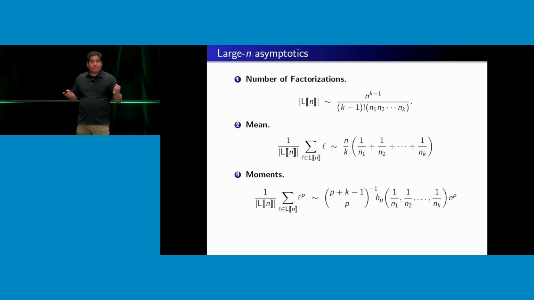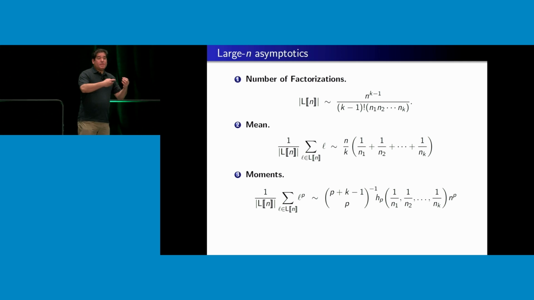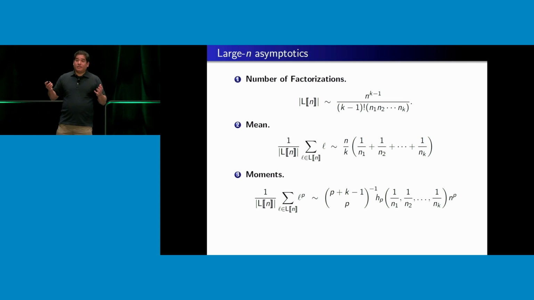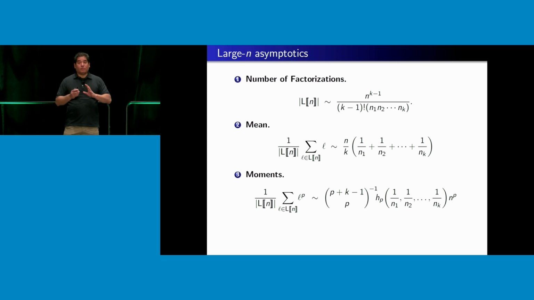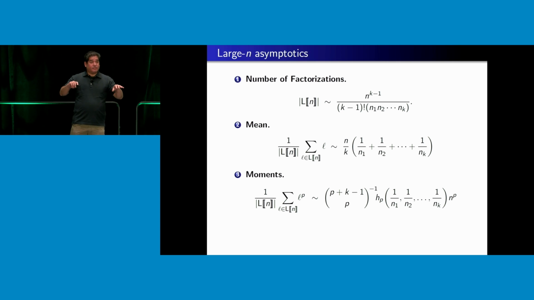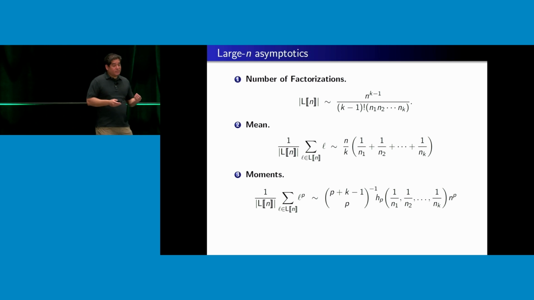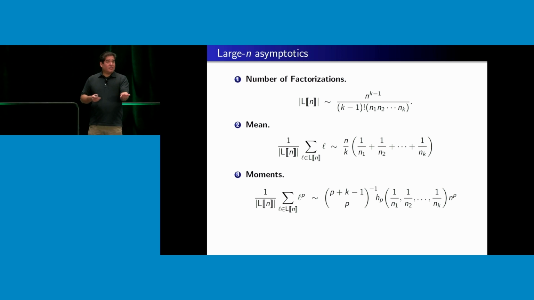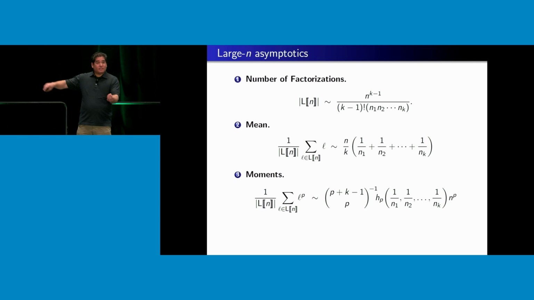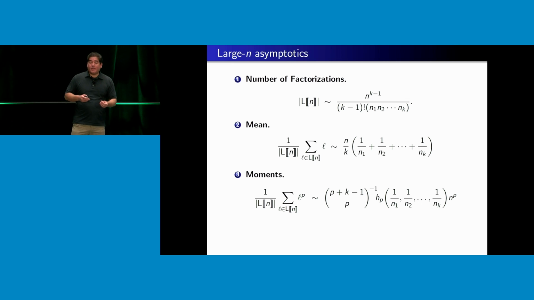Perfectly symmetric. If I took a look at the asymptotic mean factorization length, so I basically add up all the factorization lengths and normalize by the total number of factorizations, I get something that is linear. It is asymptotic. As n goes to infinity, the left and right sides of that squiggle tend to 1. That's what the squiggle means, asymptotic equivalence. Basically, the asymptotic mean is a linear function of n. There's some noise there, so this is only approximate. But the constant there is highly symmetric in n1 up to nk.